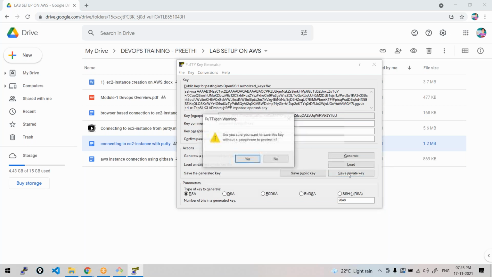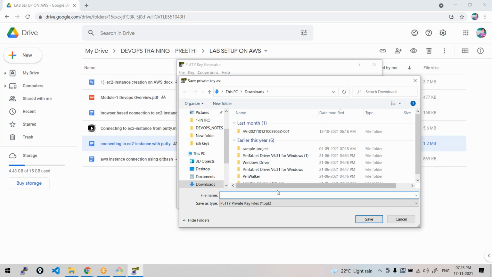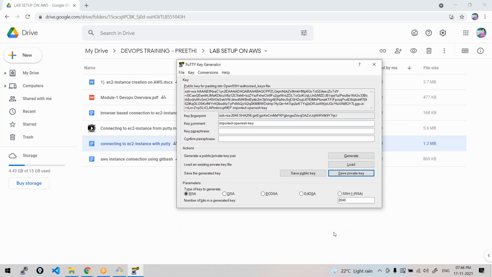Can you see the save private key button? Save this with some name. Let's say I'll save it as ABCD. It will be saved in the form of a private key PPK file. I'm saving it in the downloads itself.